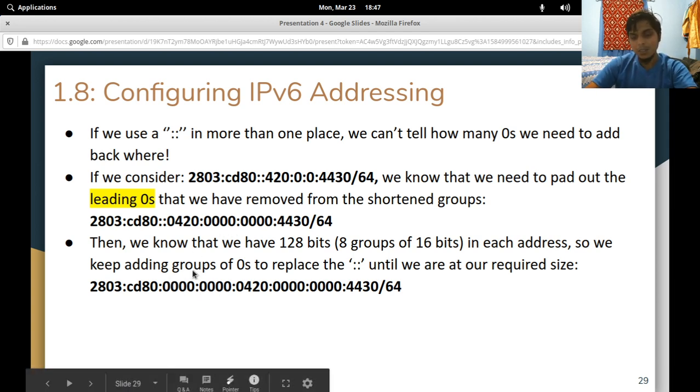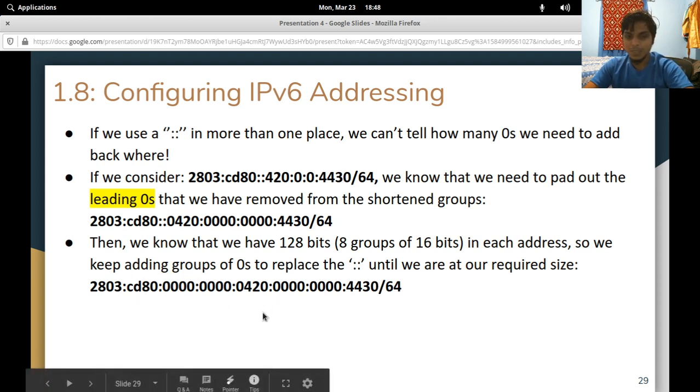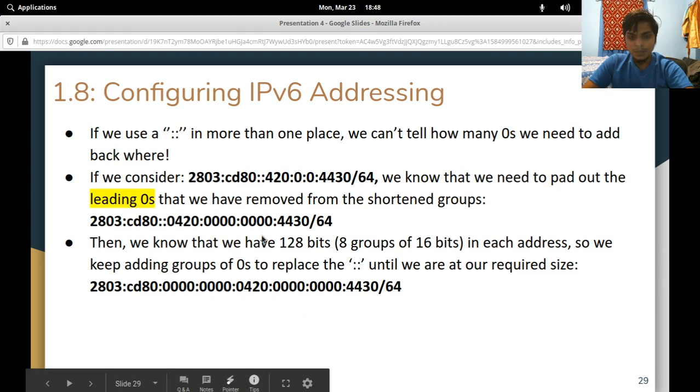Yeah, so now you know a bit about contracting and expanding IPv6 addresses, which is what this whole thing was about. You can see how this address looks a lot simpler than this one, right? It's a lot easier to write and a lot easier to read, which is why people like contracted IPv6 addresses. But machines, of course, don't understand this directly. They understand this full address, so they need to know how to expand this. Right, so that's contracting and expanding IPv6 addresses.